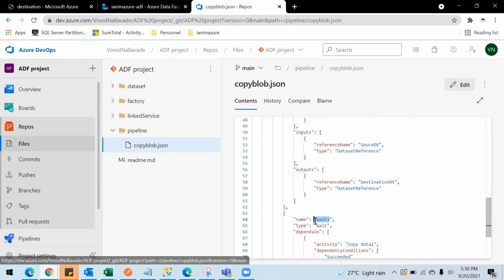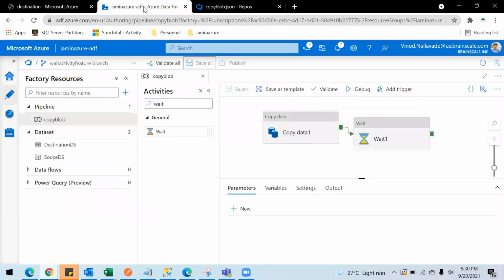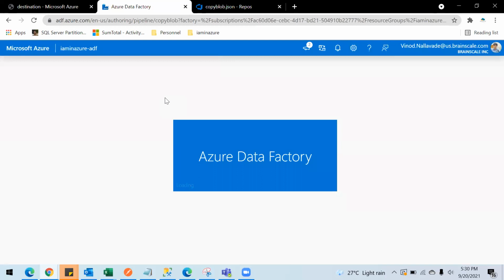And now if you go to your ADF pipeline and refresh this, it's just loading for a minute.